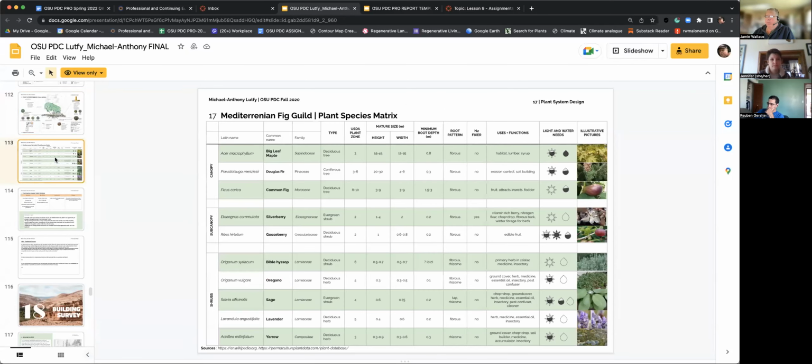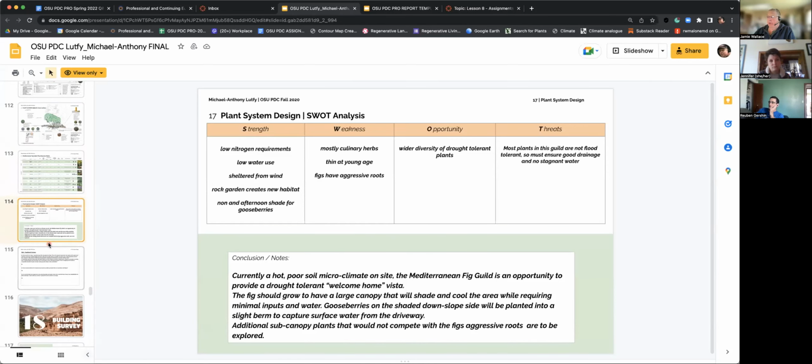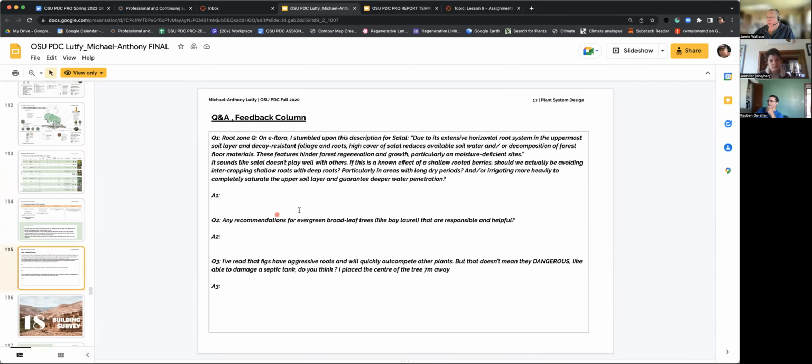All right, back to reality. And let's see here. So yes, that's just the sheet on the species matrix, and then the SWOT analysis. So that's a great exercise to go through. And that's basically going to conclude that section of the assignment. And then if you have any questions, and obviously this person had a few,